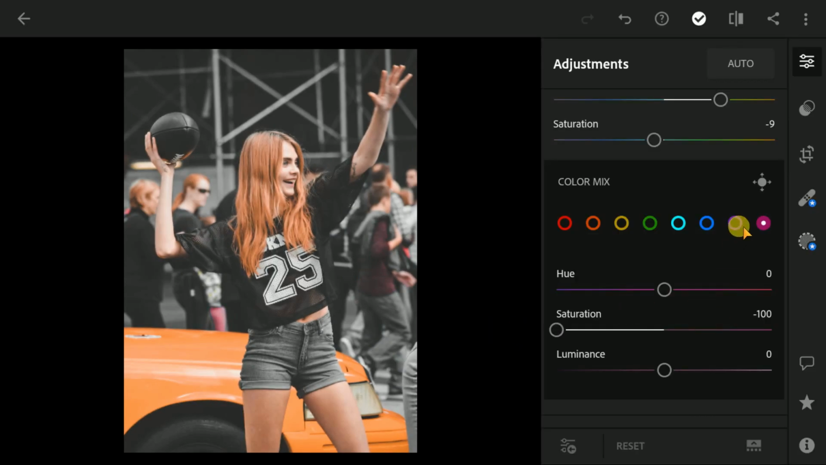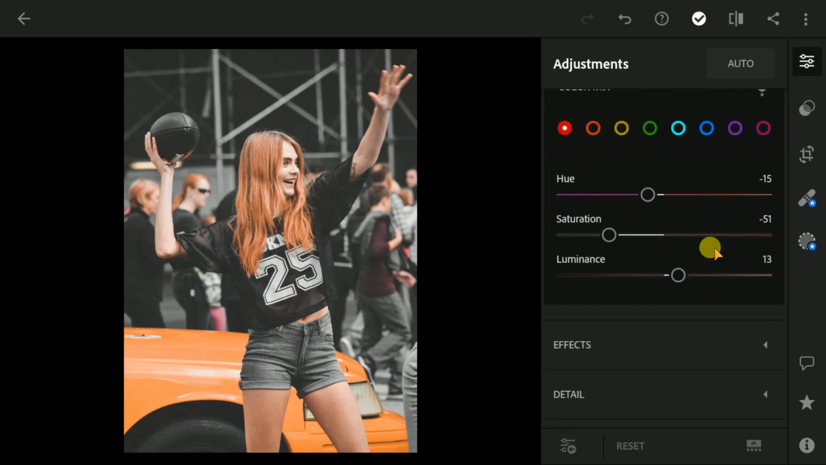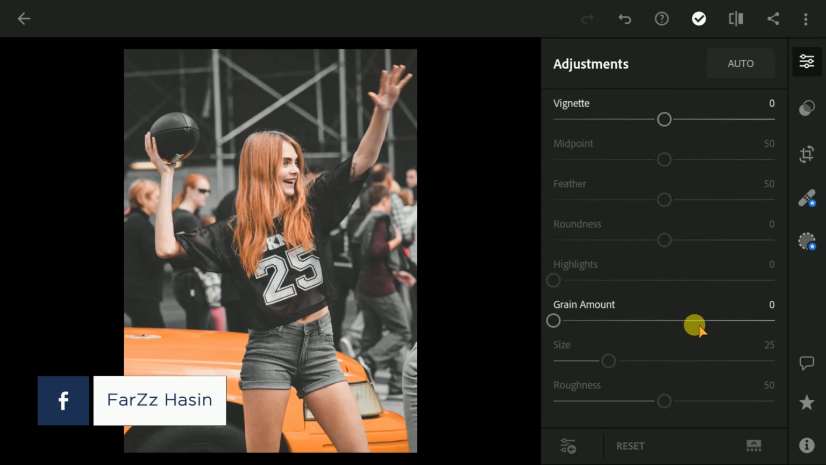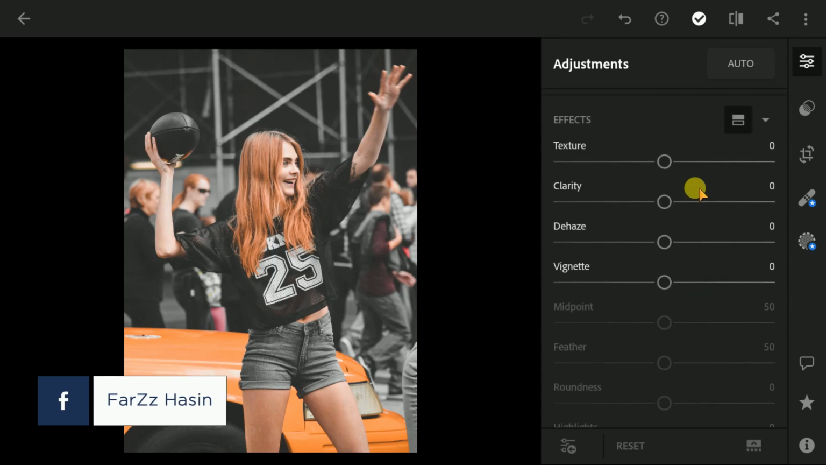Okay, okay, now go to the effects. Clarity around